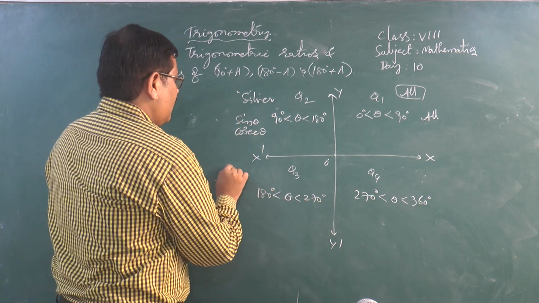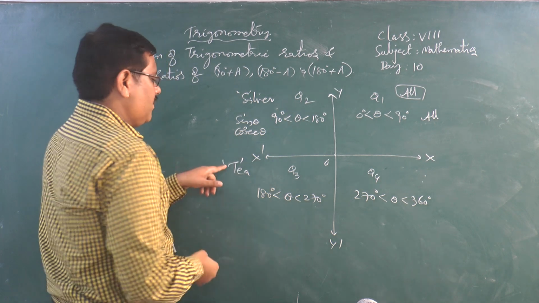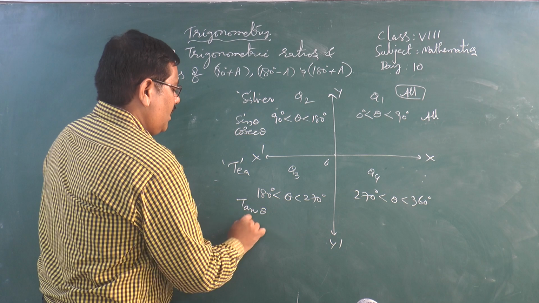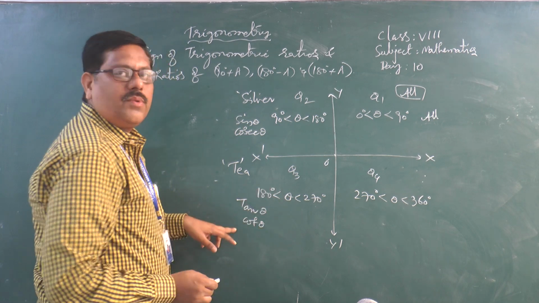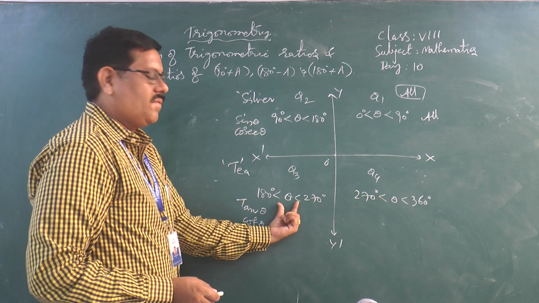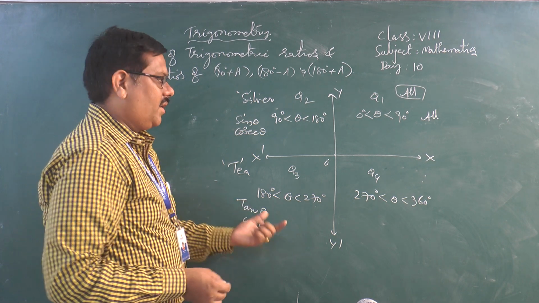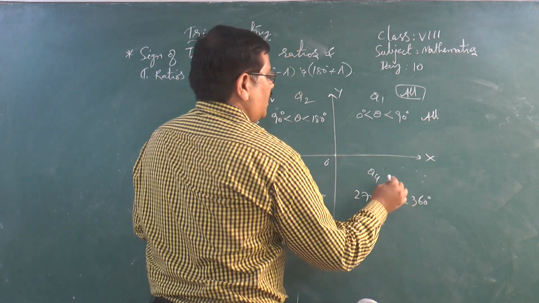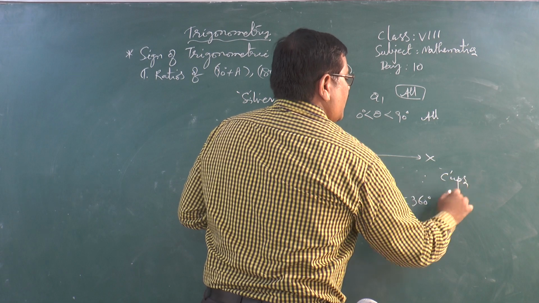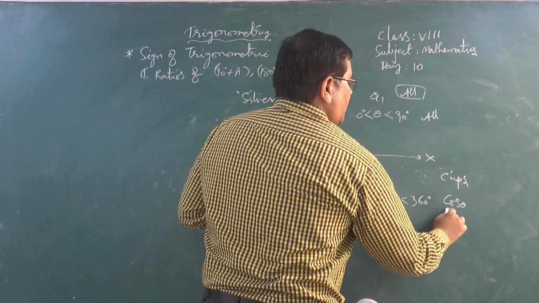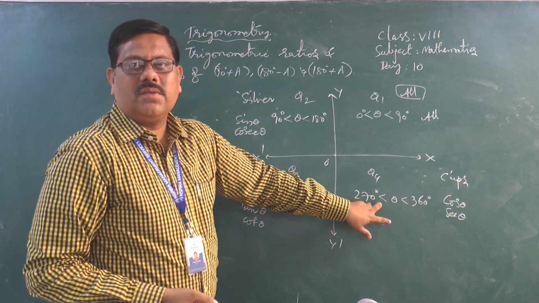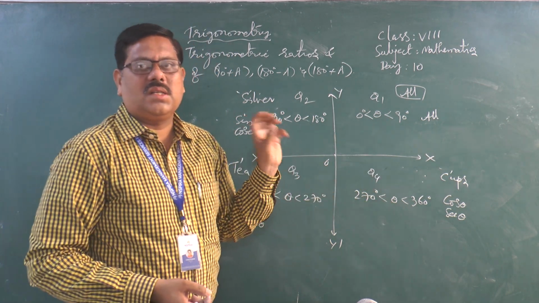The third one is T. T means we will focus on capital T, that stands for tan theta as well as cot theta; its reciprocal is cot theta. Tan theta and cot theta are both positive in quadrant 3, where theta is of course between 180 degrees and 270 degrees. Now if you take quadrant 4, it is said to be cups. C stands for cos theta and its reciprocal secant theta. So here cos theta and secant theta are both positive in the 4th quadrant. This is what you have to understand and keep in mind.